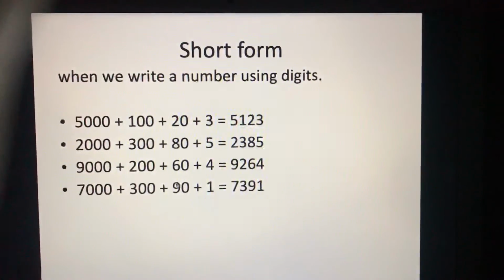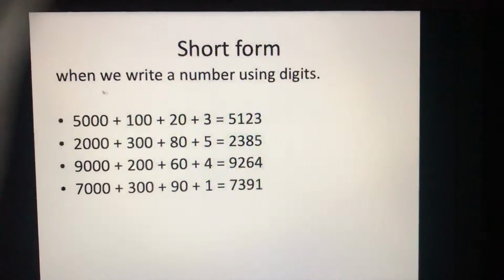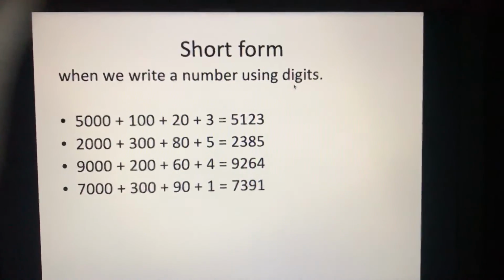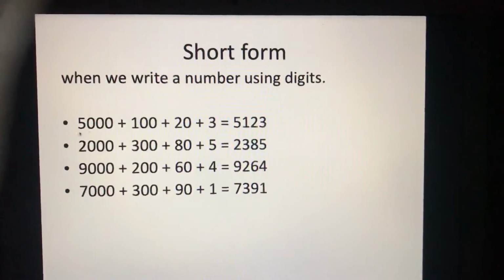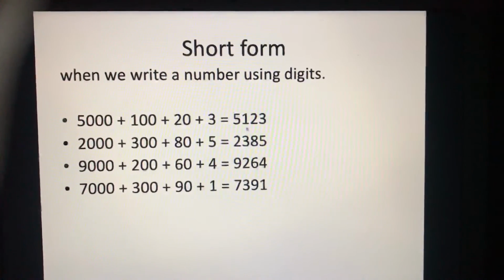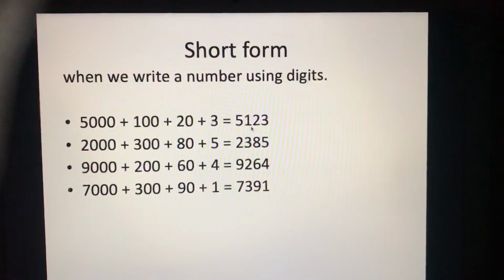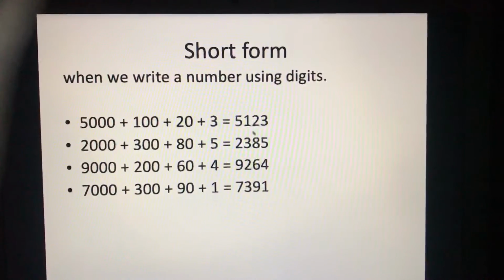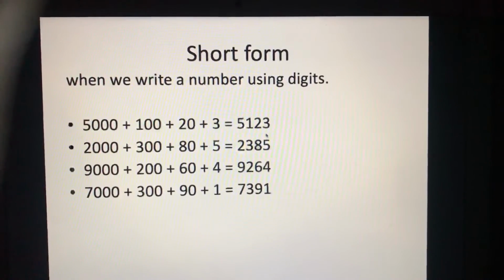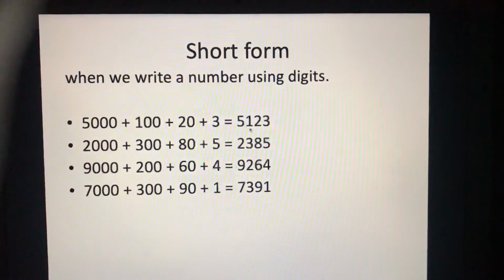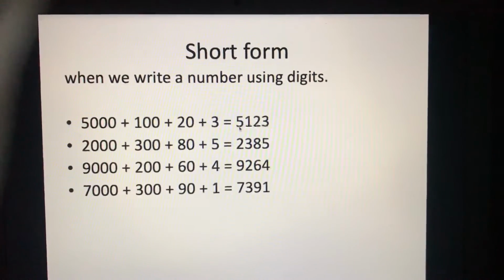Next is short form of numbers. What is short form of numbers? When we write a number using digits, it is called short form of numbers. We already did expanded form. This is expanded form and this is short form of numbers. 5000 plus 120 plus 3 becomes 5, 1, 2, 3. At ones place 3, tens place 2, hundreds place 1 and thousands place 5. It becomes